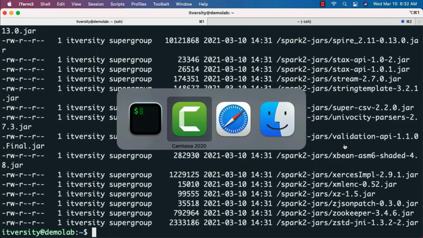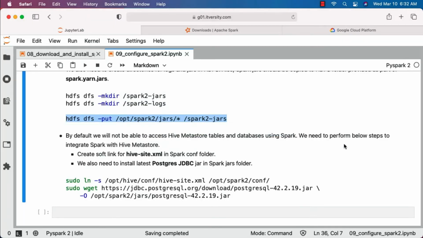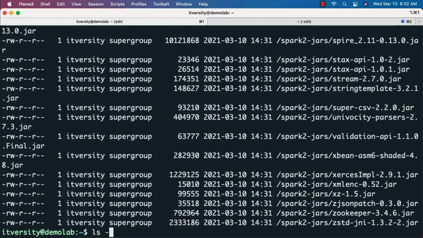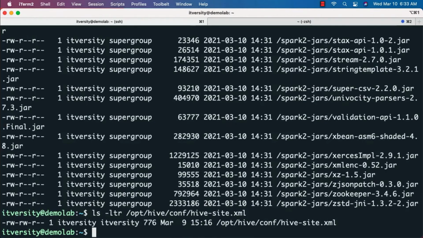Now let's go ahead and integrate Hive Metastore with Spark. For that, we have to create a soft link for hive-site.xml in the Spark conf folder. The original location for hive-site.xml is /opt/hive/conf/hive-site.xml. This is the file which is supposed to be there as part of the Spark configurations also. Instead of copying the file, it is better to create a soft link so that even if we update this file in future, the updates will be reflected under Spark also.